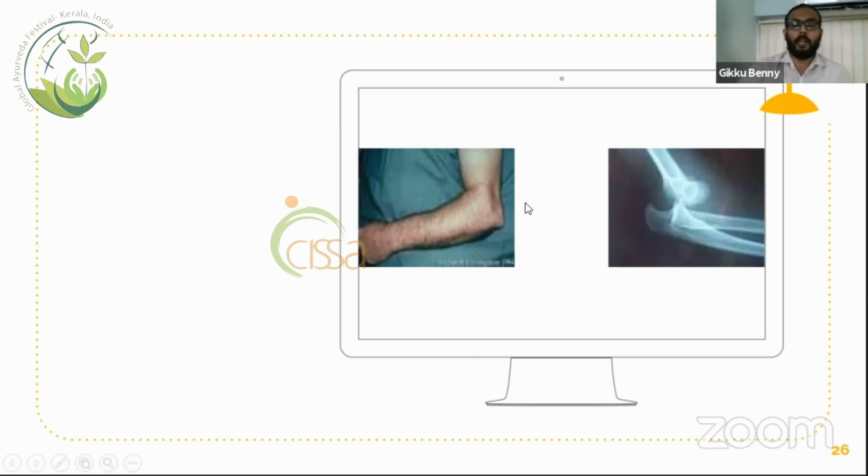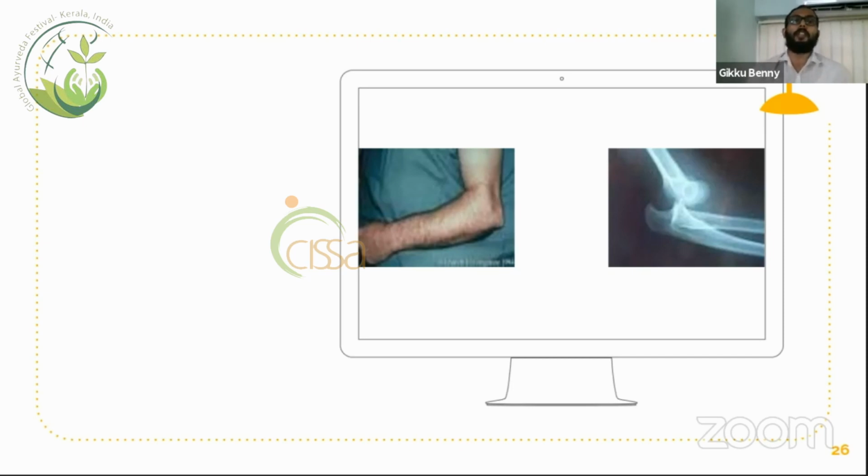And regarding posterior dislocation of elbow, we must check whether there is any fracture associated with this particular dislocation. And if there is fracture, then that particular patient should be referred for surgical management. And if there is no fracture associated with posterior dislocation of elbow, the reduction method is already explained by Acharya